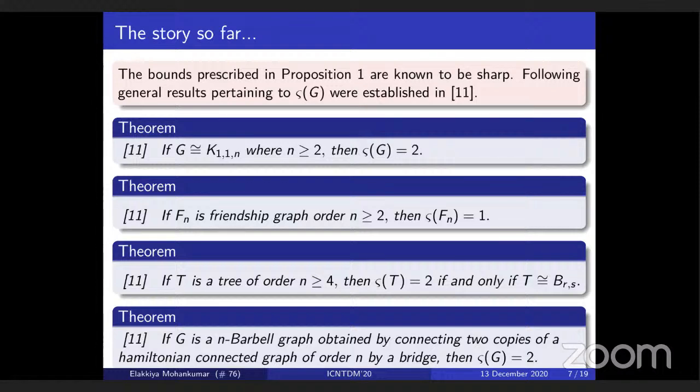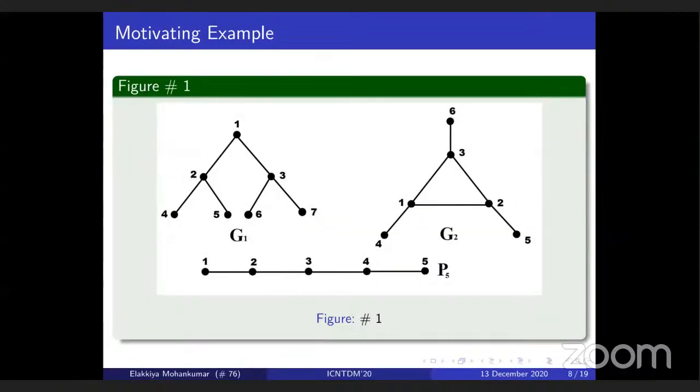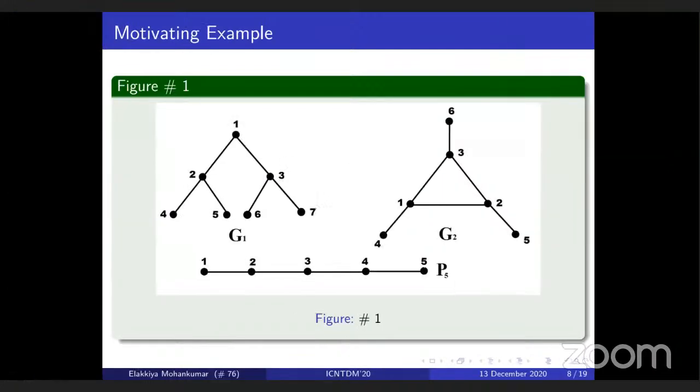If G is a barbell graph, that means the n-barbell graph obtained by connecting two copies of a Hamilton connected graph of order n by a bridge, then its uniform number is given by 2. And we see some of the motivating examples which help us to